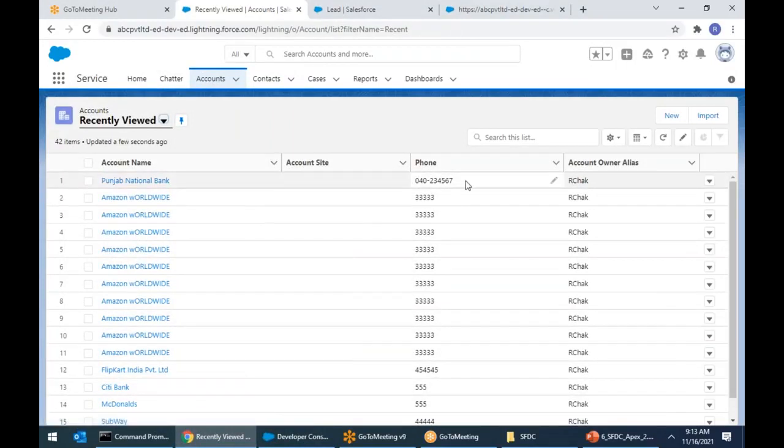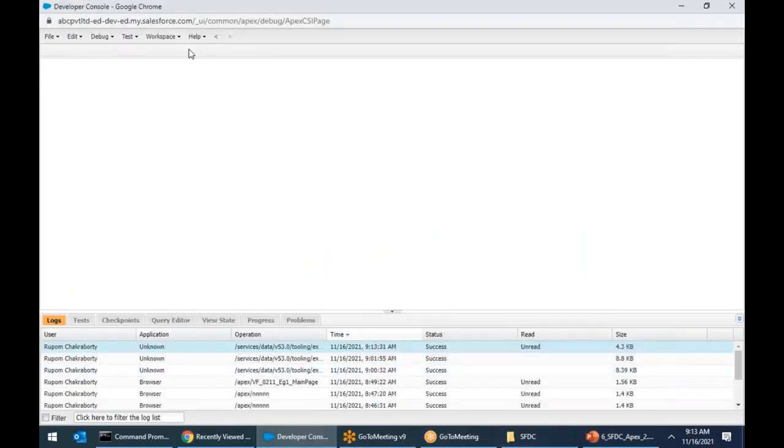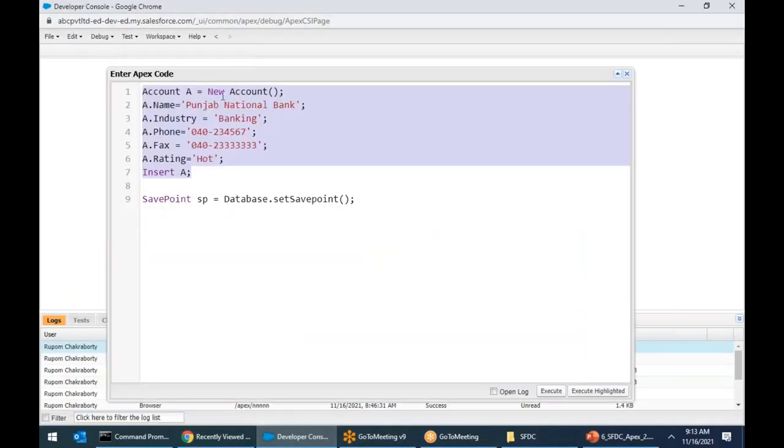with a phone number 2333. In the place of Punjab National Bank, I give,